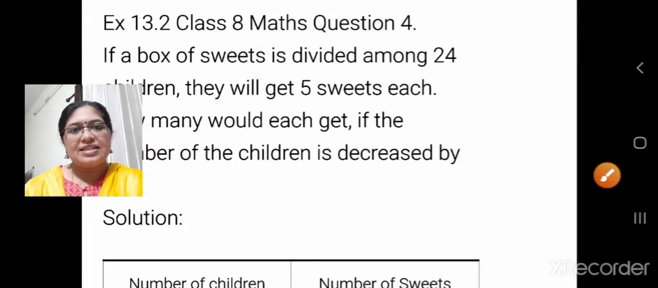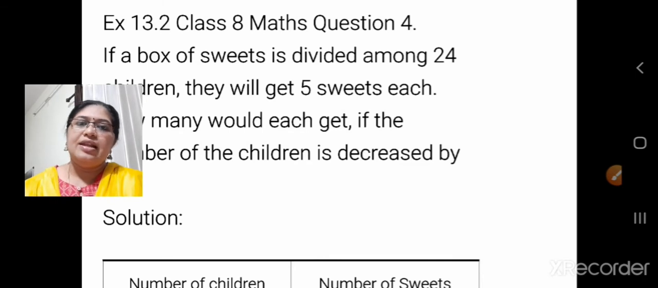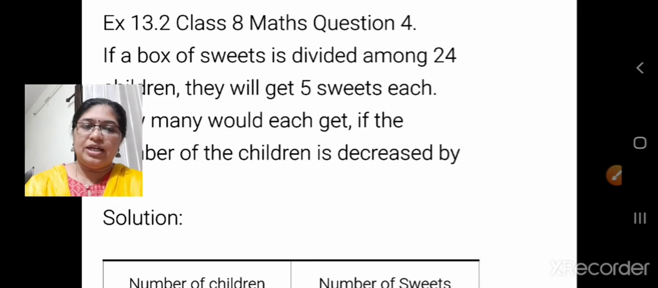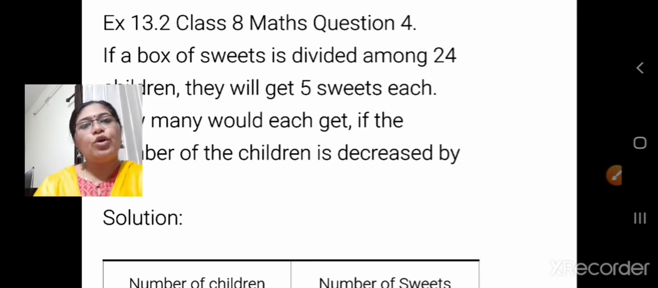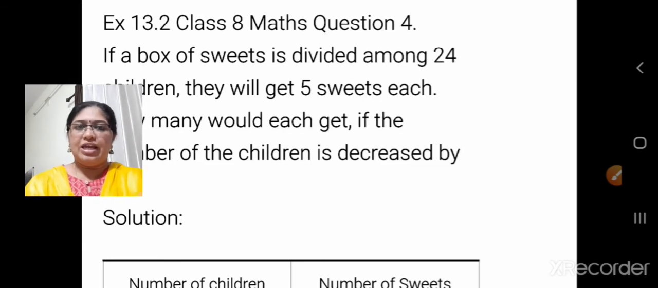Children, now exercise 13.2, fourth question. Let us read the question. If a box of sweets is divided among 24 children, sweets are distributed. They will get 5 sweets each. Okay. So, now